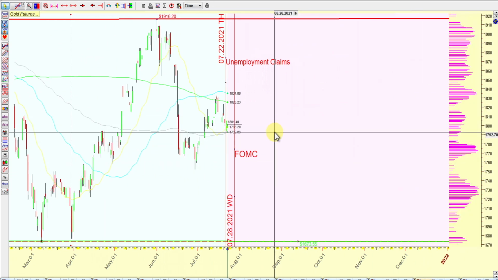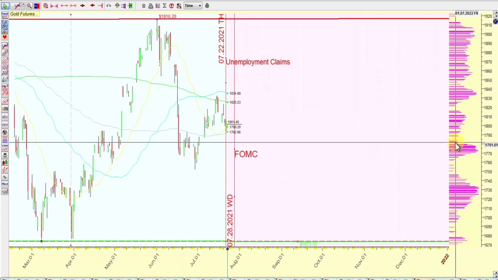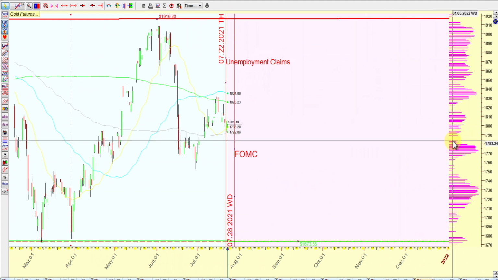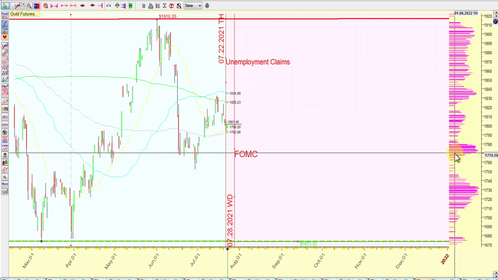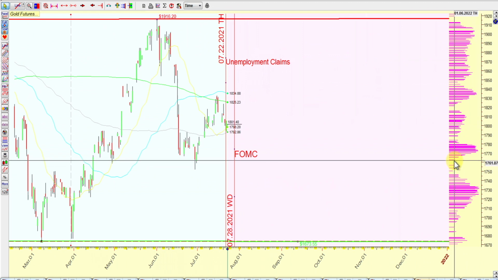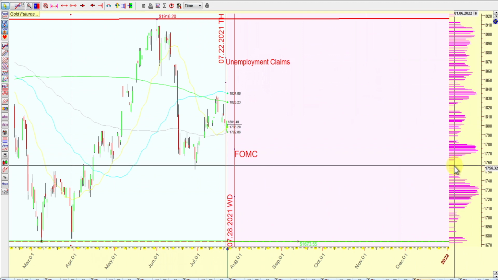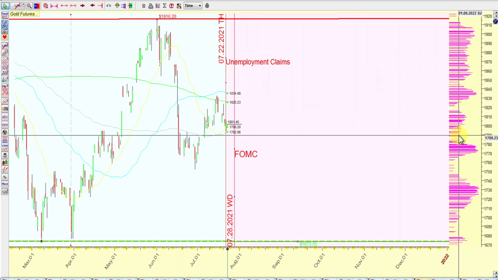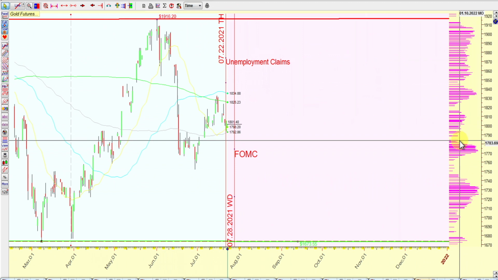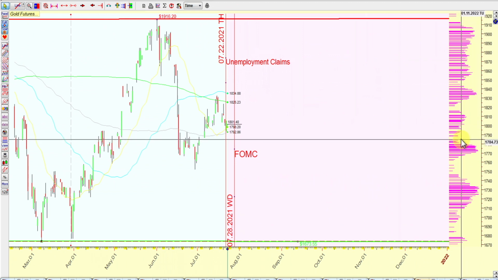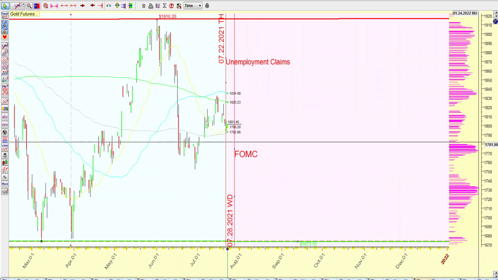Market profile: you can see that where the big gaps are, that's going to be your support. So there's a big gap between 1788 and 1783. There's a lot of price action here, and then another big gap, 1760 to 1756. But closer to where price action is, 1789 to 1783, big gap there. So we'll see, maybe that will hold.